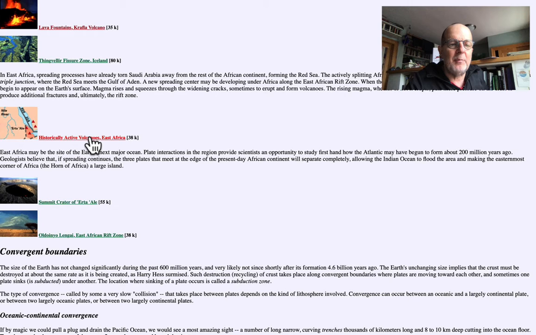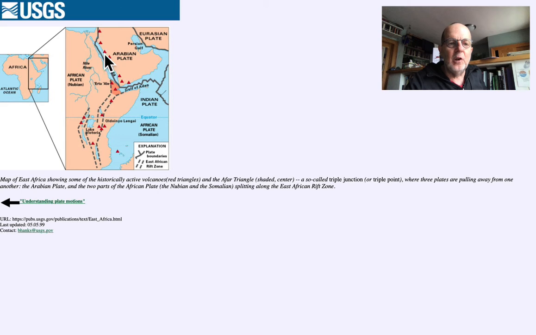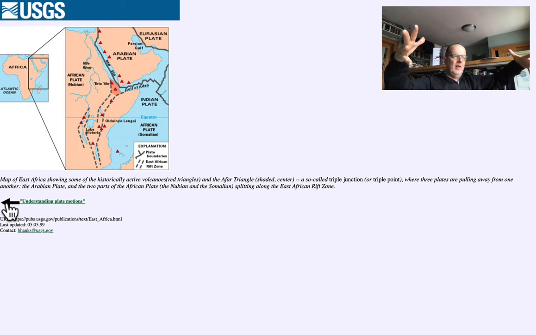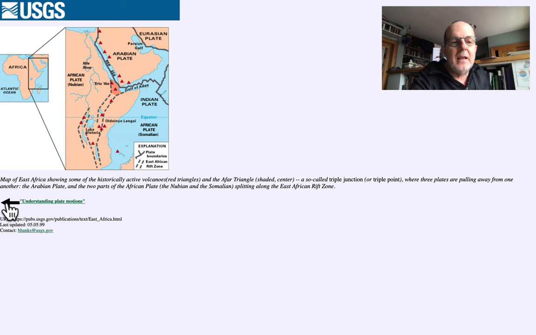This one is very interesting. East Africa is separating, diverging, and there's a whole bunch of active volcanoes along the rifting, and you can see them here, the red triangles. This is areas where plates are separating, and that releases volcanic material, in this case lava, up towards the surface, and it focuses it in different locations. And this is similar to what happened when, again, I'll show you a video of the Palisades that I took actually today, and the diabase that extruded into existing rock. So moving back here,